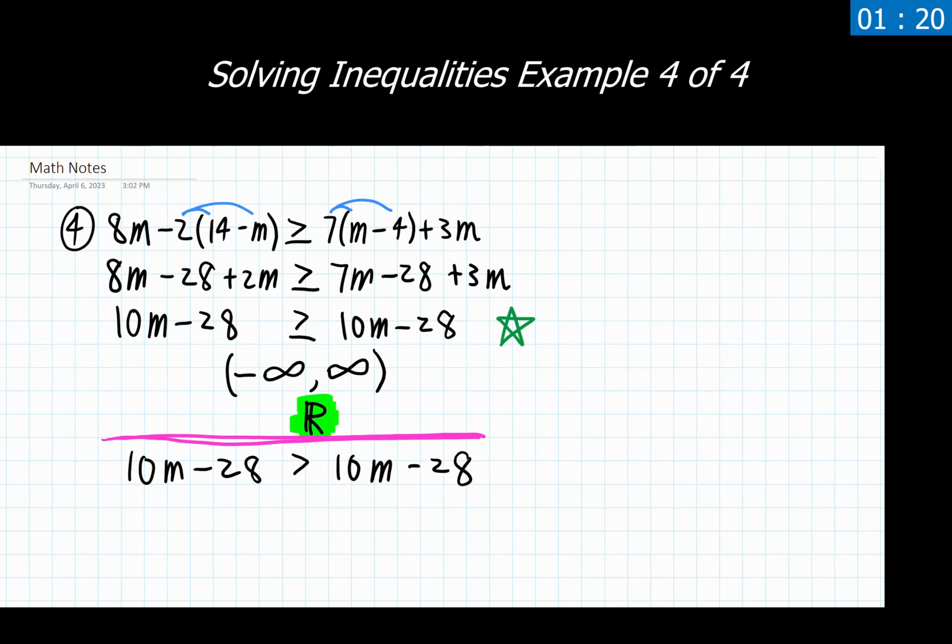Now we are being asked, where is this left side of the inequality greater than the right side of this inequality? Well, if we're looking at these things, they're identical, which means it doesn't matter what value of m I plug into both sides of this inequality, they are going to be the exact same thing. So can something be greater than something identical to it? No, it can't. It's going to be equal to it in every single instance. So if we have kind of a weird situation like this showing up, this is where we would end up saying that there is no solution.